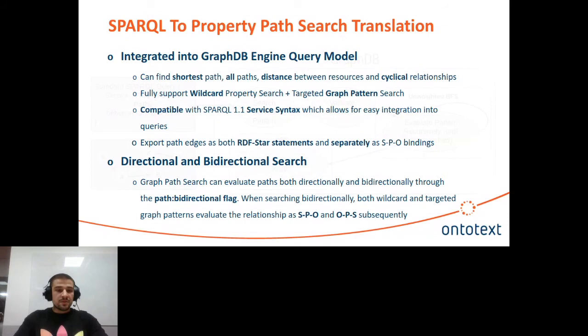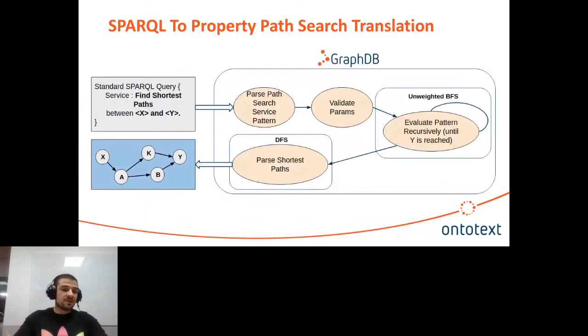interface. So let's take a look at this short diagram in order to better understand how the GraphDB engine actually does the graph path search. So here we have a standard SPARQL query, and inside of it we specified the path search service, and here we are looking for the shortest path between resources X and Y. And once we send this query over, GraphDB parses the path search service, validates the actual parameter specified inside of